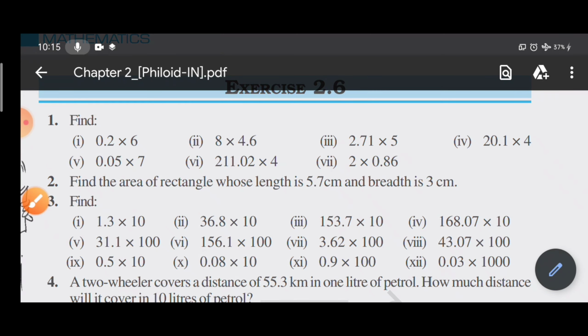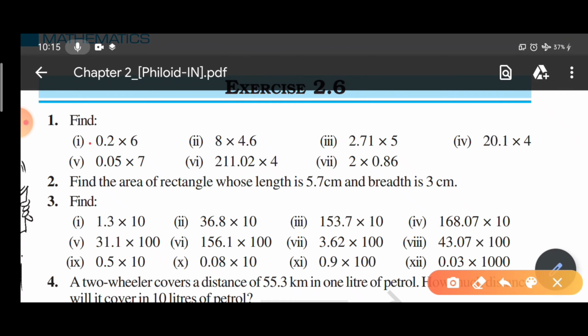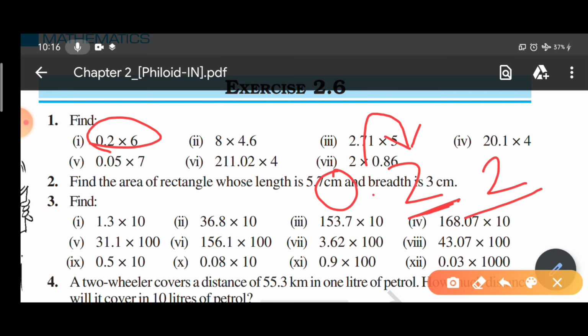Now another problem is, if you have to multiply decimal values, how will you do that? You must know how to convert a decimal value into a fraction. So it is like 0.2. I have to check the digits on the right hand side. I have to count the digits. So here it is one digit on the right hand side. That means when I convert it into fractional form, after 1 I'll put one 0. If it had been 0.22, what would I have done? This time there are 2 digits, so after 1 two zeros will be there. So in that way you can easily convert.